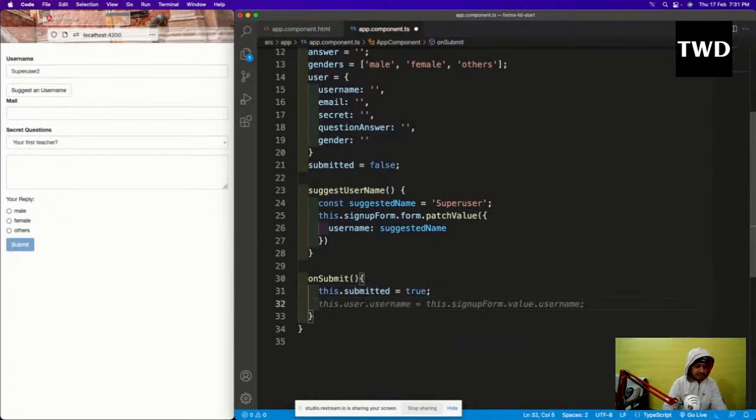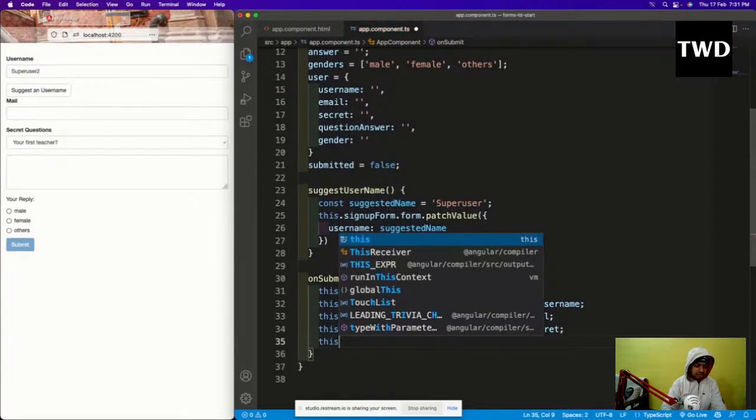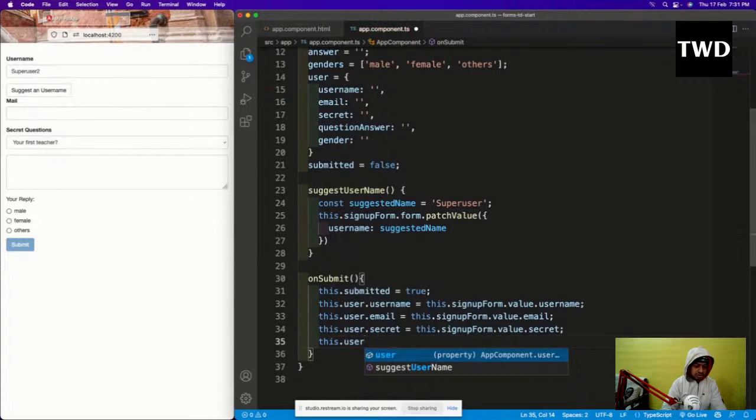Then this.user.username is this.signUpForm.value.username. So we saw that in the value it comes. Okay, so that is there. And then the next thing is that this.user.email is this.signUpForm.value.email. This.user.secret is like this, and this.user.questionAnswer equal to